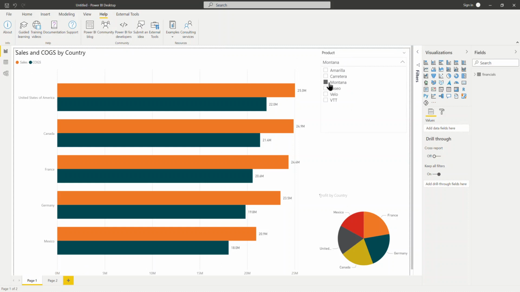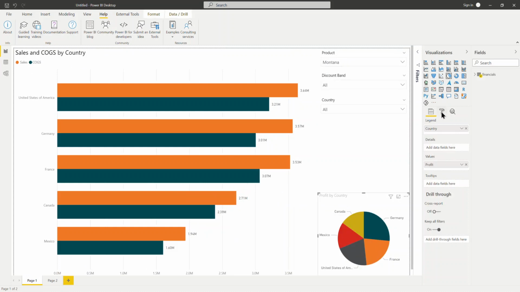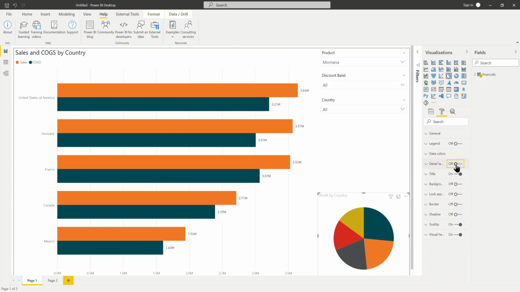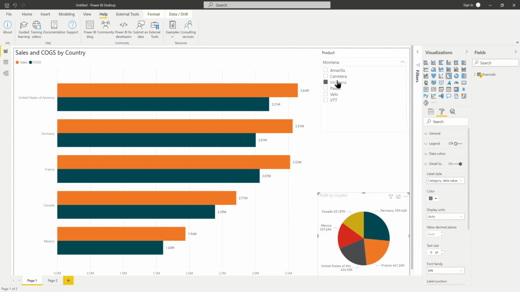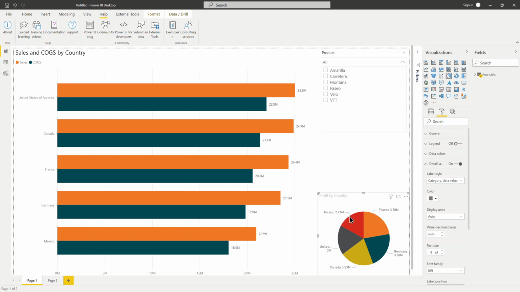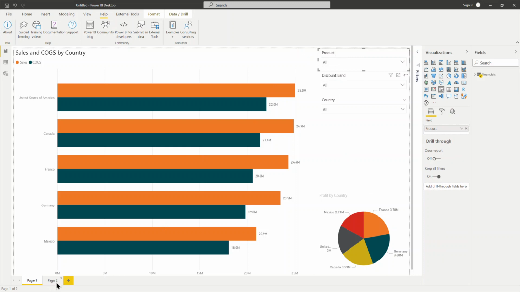What I need to do is I need to see products. So for example, if I see product, it is broken into different aspects. Let me turn on the data labels as well as the value there. So if I see here, if I select a product, it is updating the profit and sales and so on. If I want to create a slicer here,